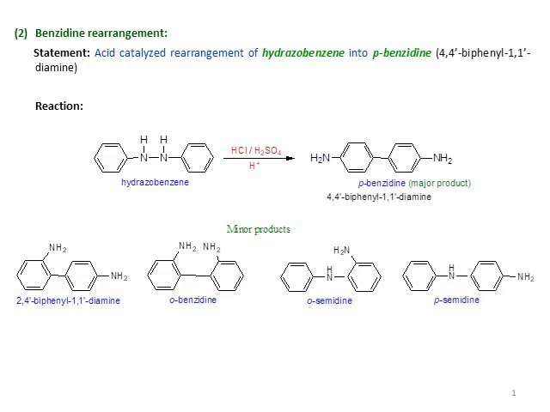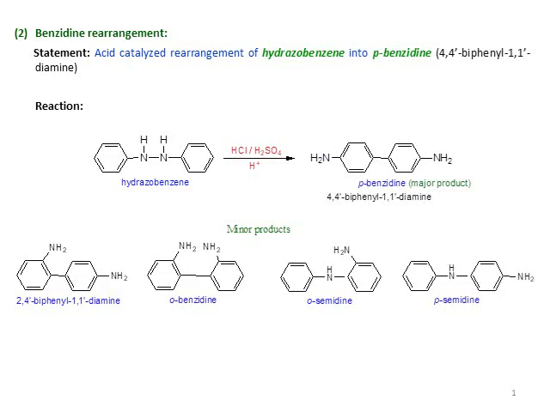The acids used may be either hydrochloric acid or sulfuric acid. Then going to the reaction, hydrazobenzene is nothing but two aniline molecules which are linked by their nitrogen atoms. When hydrazobenzene is reacted with acids like hydrochloric acid or sulfuric acid, hydrazobenzene will undergo rearrangement to form para-benzidine as